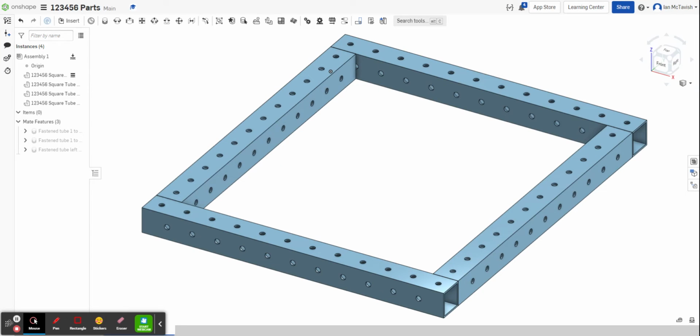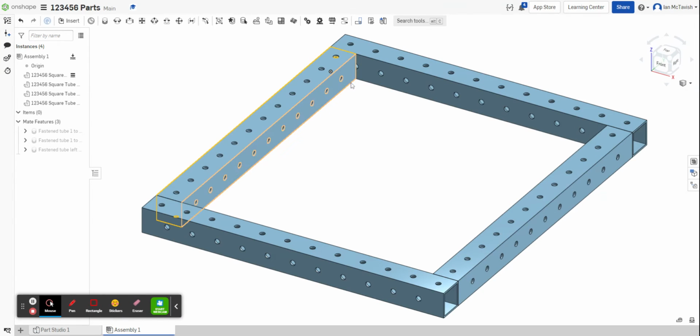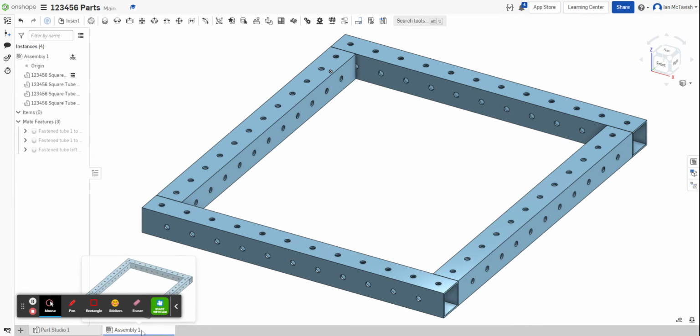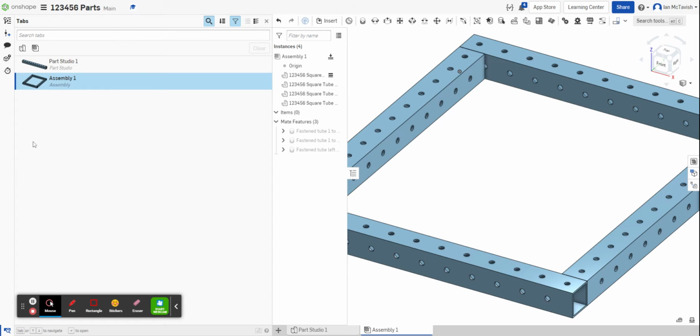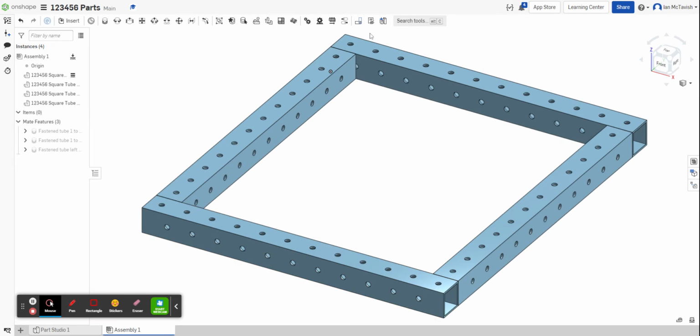In this training tutorial, we are going to create a part in context. We are going to use the assembly that we created in an earlier tutorial. When you open up a document, you can always use the tab manager to find the appropriate assembly or part studio. We are going to start by selecting